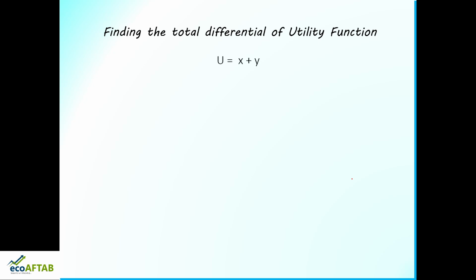So यहाँ पे u is equal to x plus y. This is again one more type of utility function which is called as utility function for perfect substitutes. So u is equal to x plus y. So अगर हम इसको डिफ्रेंशिएट करेंगे तो पहले क्या आएगा, when you differentiate with regard to x you will get du by dx into dx, और वैसे ही जब हम y डिफ्रेंशिएट करेंगे we will get du by dy into dy.